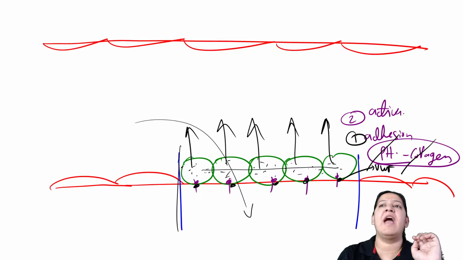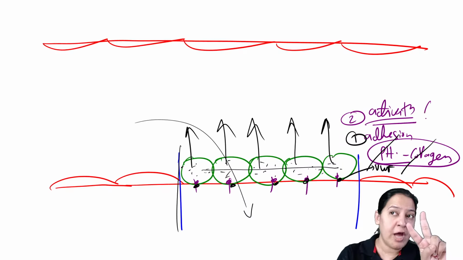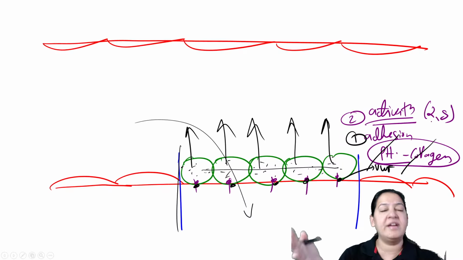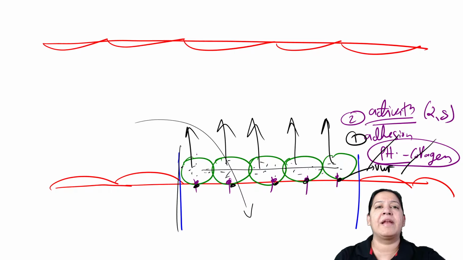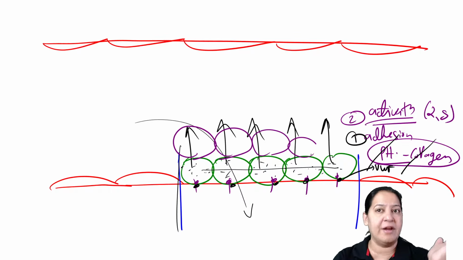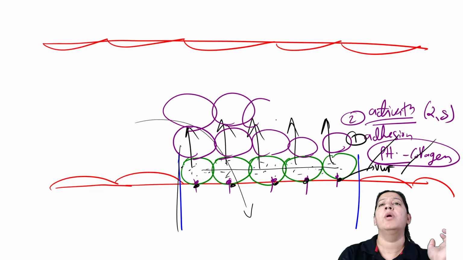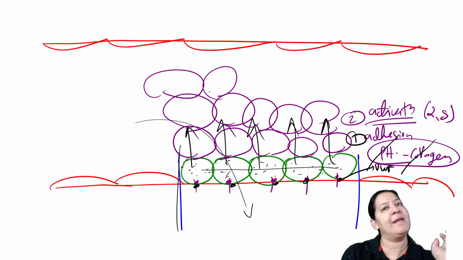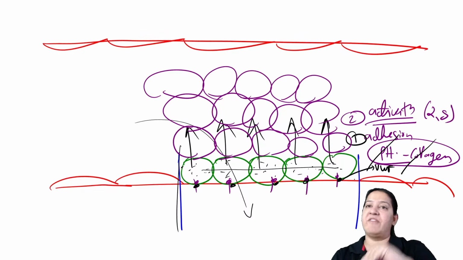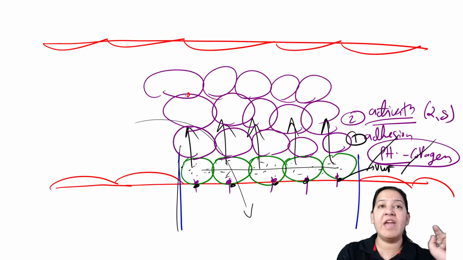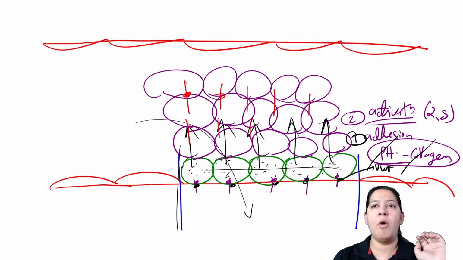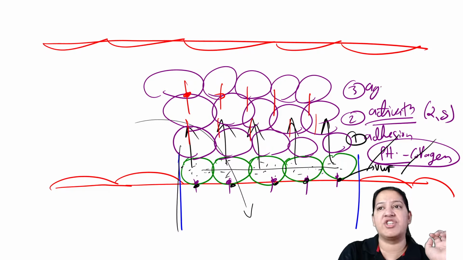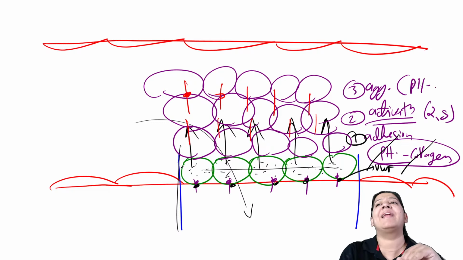After adhesion, we have activation in which the two types of granules, alpha and delta, are secreted in blood and they call other platelets also. Now other platelets will come into the role. So these are the other platelets. This is forming the second row. Now another platelet forms the third row, another forms the fourth row, and subsequently many rows. In all rows except the first row, we have bond formation between platelet and platelet. Here we have a different receptor which forms the bond between platelet and platelet. So this is known as aggregation.